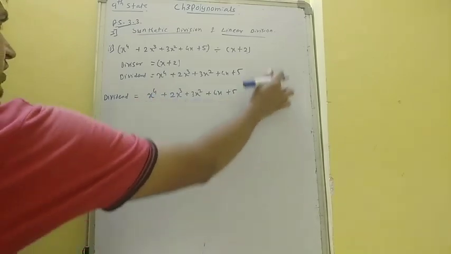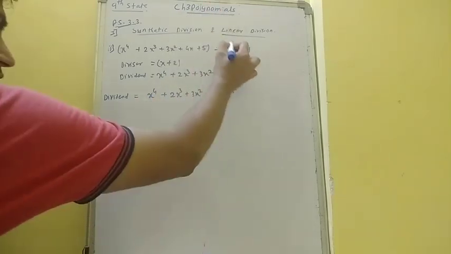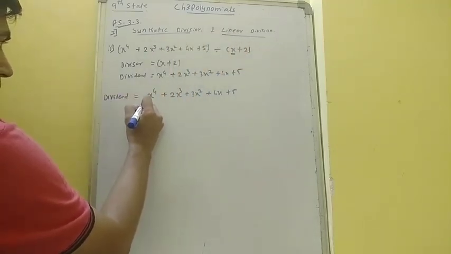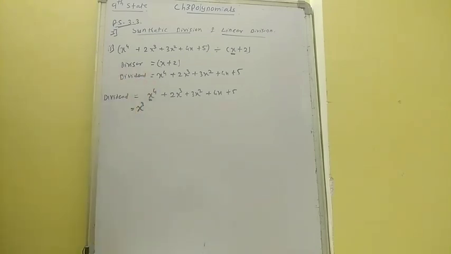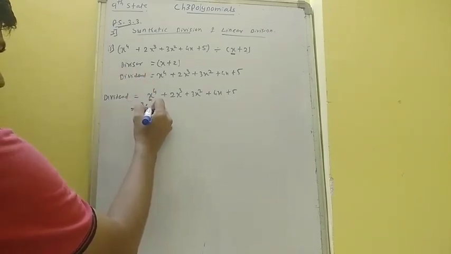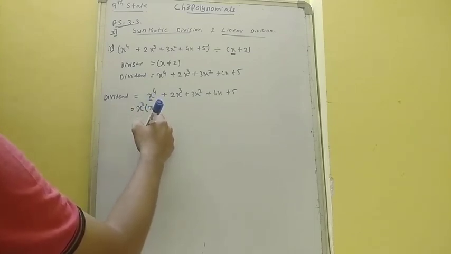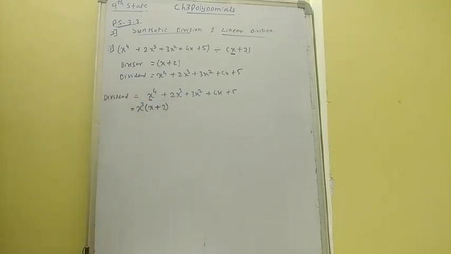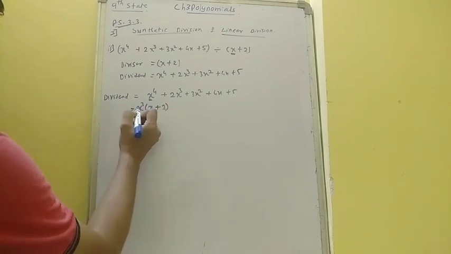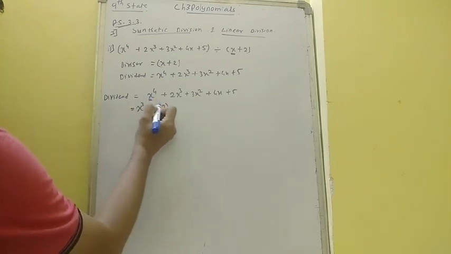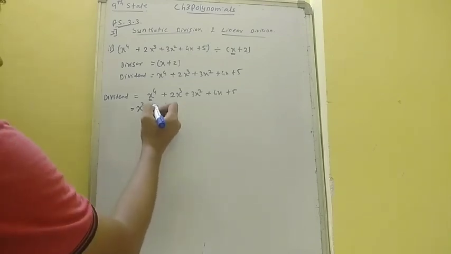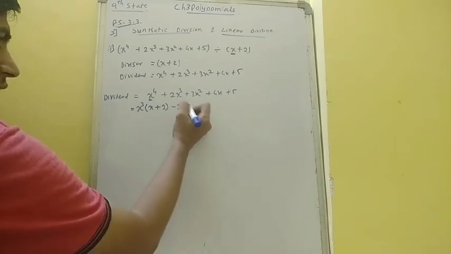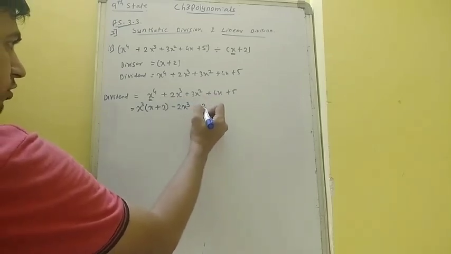Now I need to express this in the form of x plus 2. First of all I need to get x, so to get x I will take x cube common in this term. When I take x cube common, I will have x inside, since x cube into x is x raised to 4. So x plus 2, this extra 2 is also the divisor. When I open the bracket, x cube into x is x raised to 4, but x cube into 2 is 2x cube. So 2x cube was extra. To balance it, I will add minus 2x cube. And the remaining part which was there in the question will be as it is.